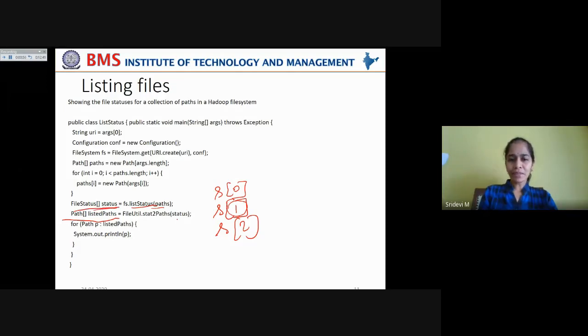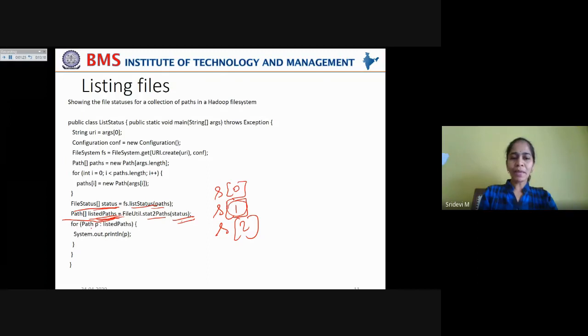Now, using this status object, which contains the statuses of all these 3 files, you are using FileUtil.stat2Paths and storing the result in listedPaths so that you can directly print it onto your standard output. So this entire status is being converted into Paths by stat2Paths, and you're storing it in listedPaths, the Path array.